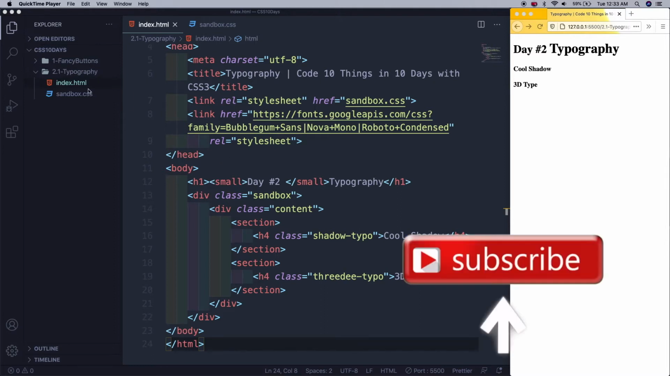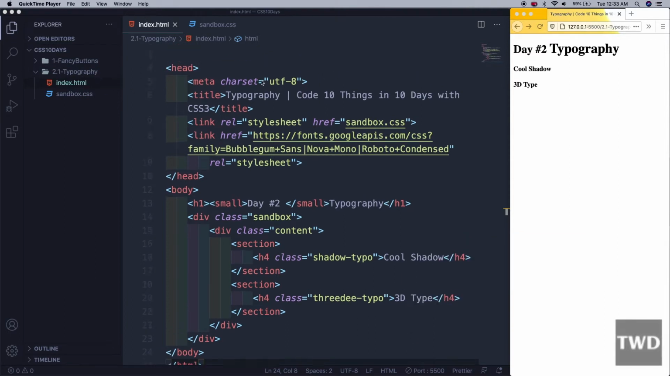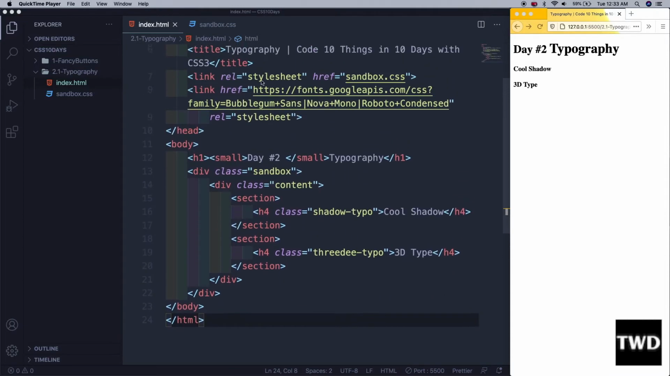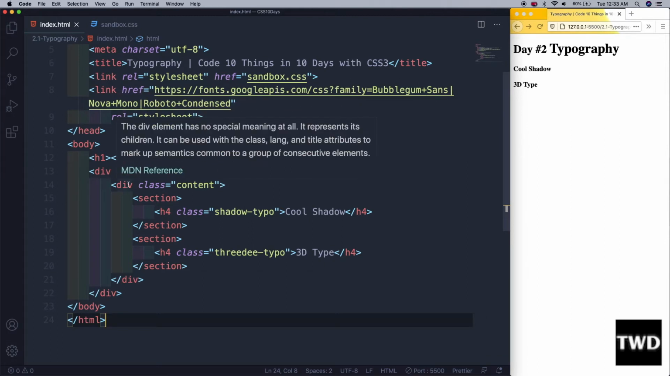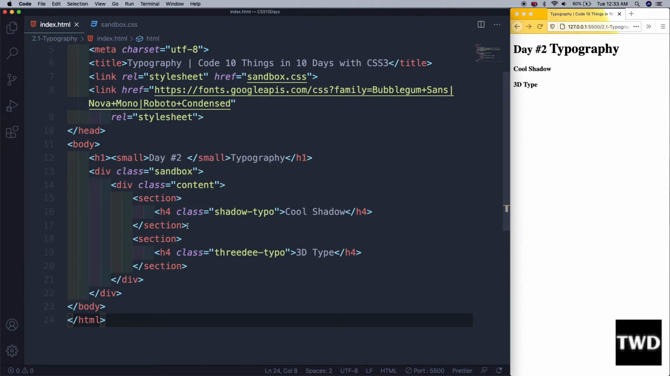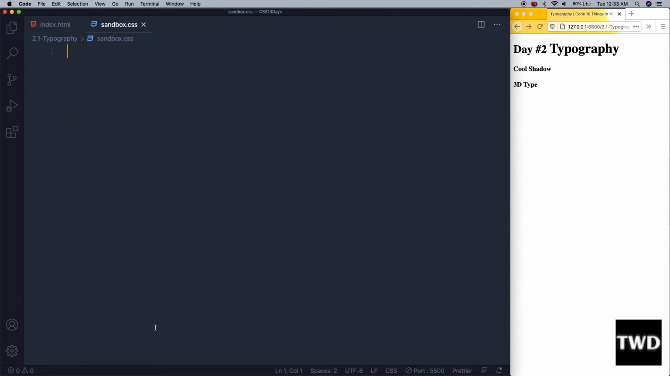So I have already gone ahead and created a folder with 2.1 typography, and inside it I have index.html and sandbox.css, and the basic HTML I have already created. So this is the basic HTML. I have h1, then a div with the sandbox, content, and these are the main things we are going to target soon. Shadow typo is the cool shadow it is showing, and this one is the 3D typo, 3D type it is showing. So let me go to my sandbox.css, and then let me first have a content